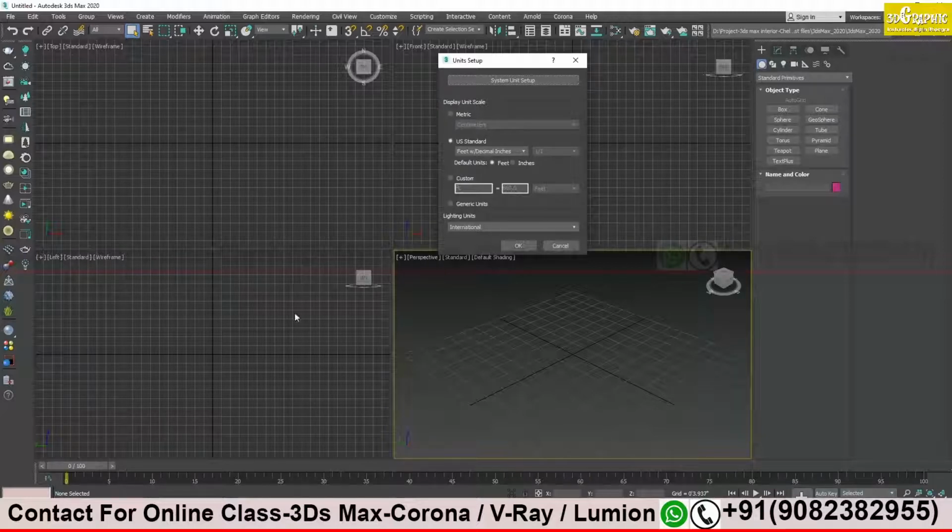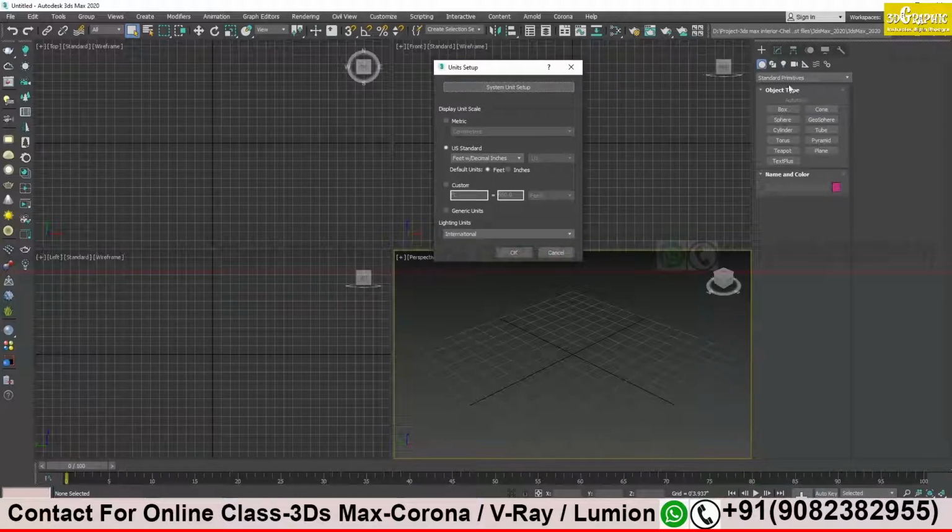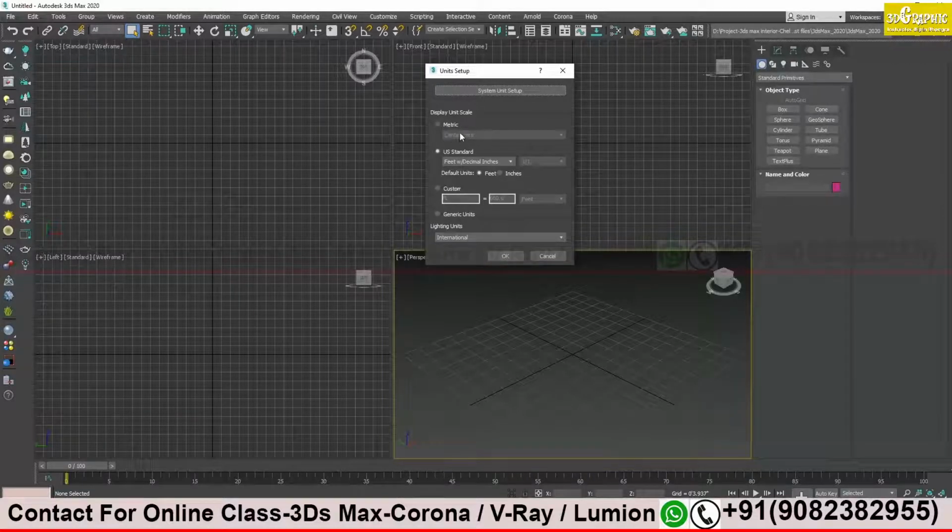For us who work in 3ds Max, on my right side, if I create something while this palette is open, I am not able to access other options, so I will discuss this palette only. Whatever object you create, the unit scale of its measurement you can change from here.